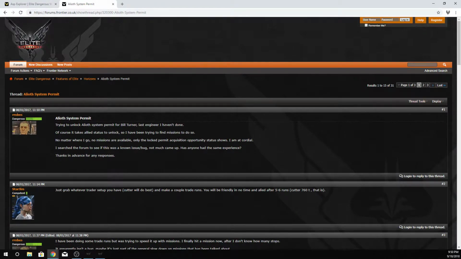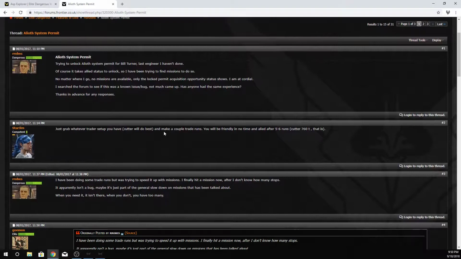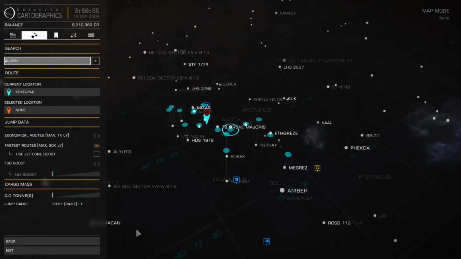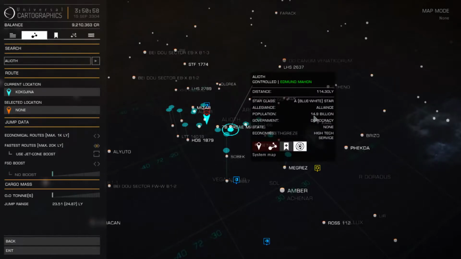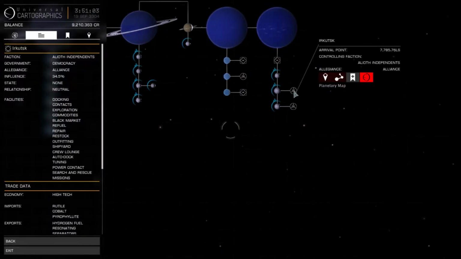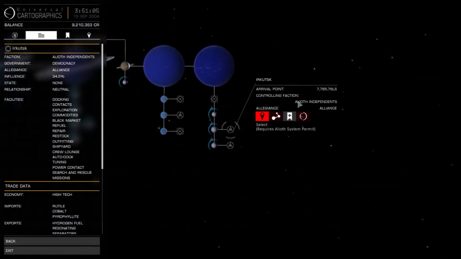Let's see, for build turn last engineer, of course, takes allied status to unlock, so I've been trying to find missions to do so. So we'd have to increase our reputation with, let's see, controlling faction, Alioth Independence. So we'd have to increase our reputation with them to friendly in order to, I believe, in order to get the permit. So you do that by